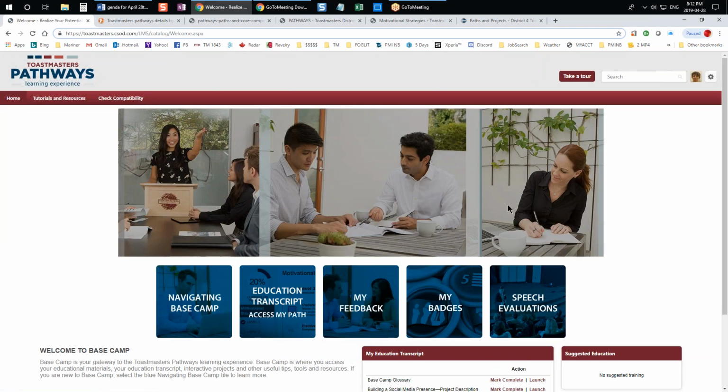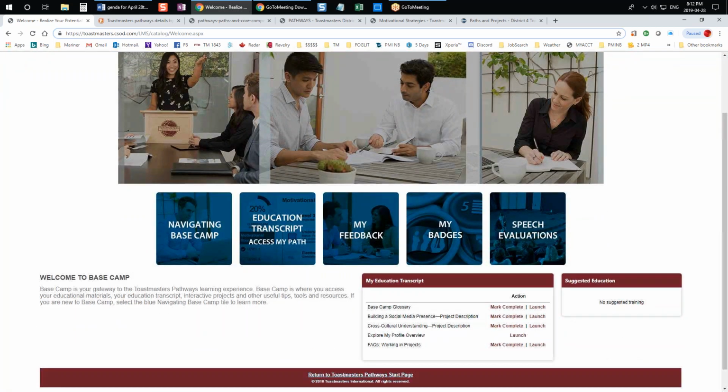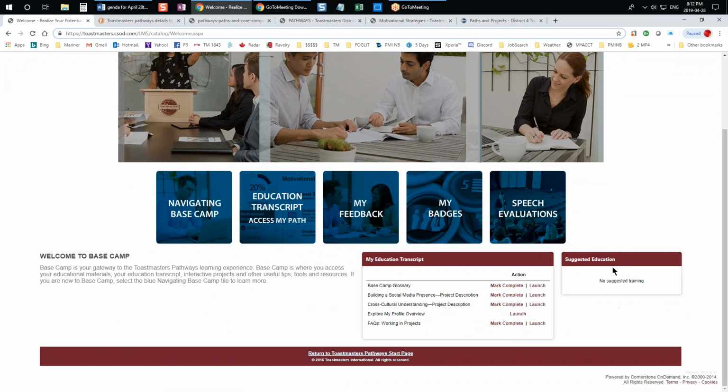Now, once you're in here, into Basecamp, you can see they have some nice blue menu items. And then there's the educational transcript. I don't have any suggested training in here, but there's navigating Basecamp. So if Emma did have some time to go in and take some training, you can access your educational transcript, see what items you've completed, feedback, badges, and speech evaluations. But right now, Emma wants to just try to remember how the heck she got to her